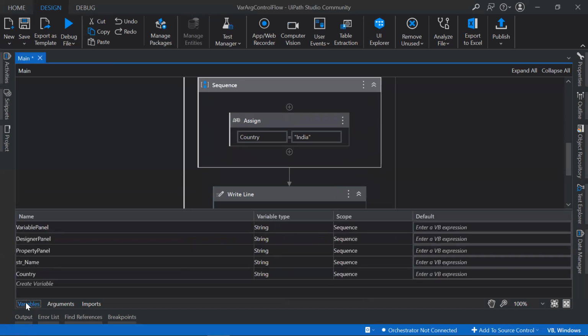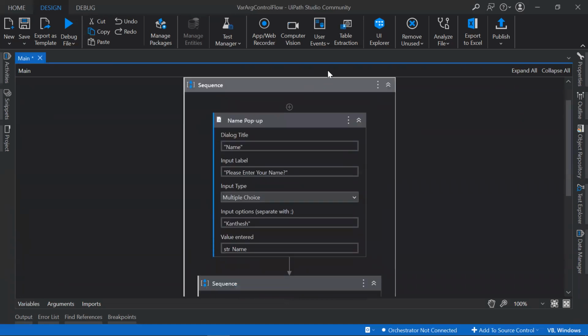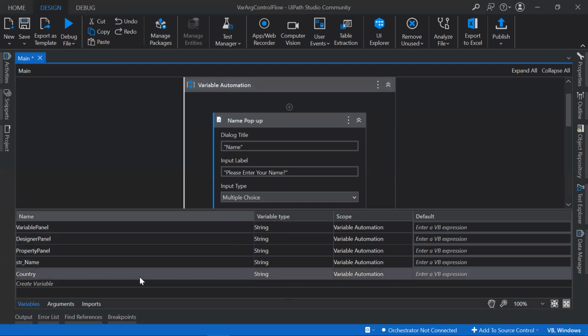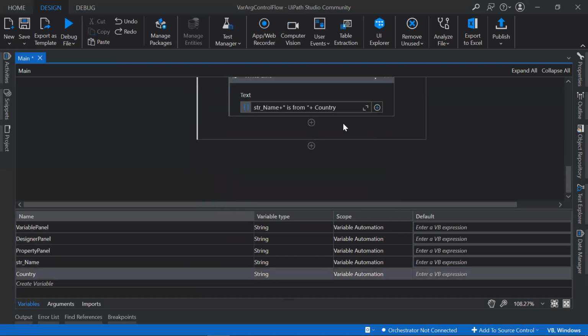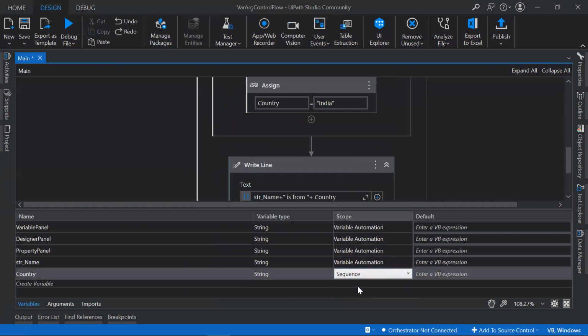Then if the error goes, okay, that is the one. See here, you're spending unnecessary time. So that's the reason I said it's always a best practice that you rename your activity. If I would have renamed the activity, based on your understanding, for the country, if it was within the sequence,